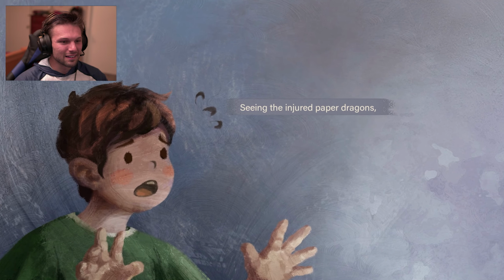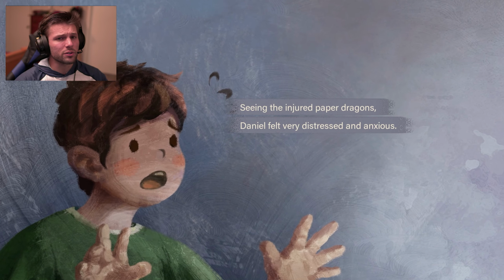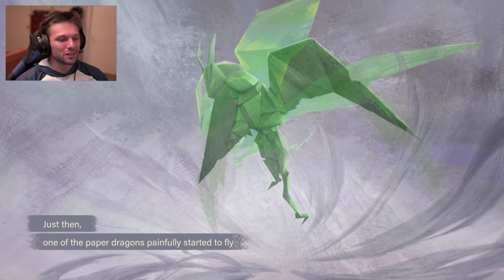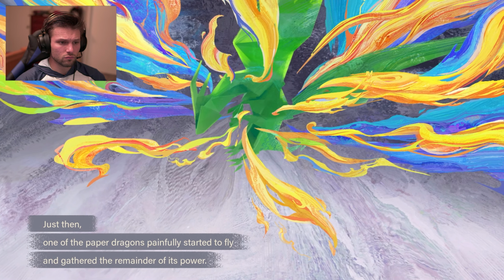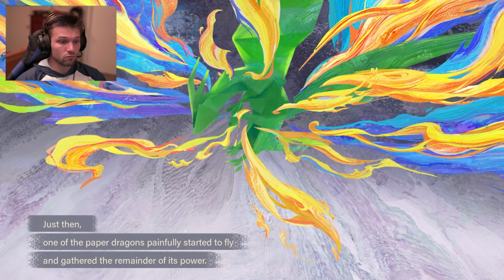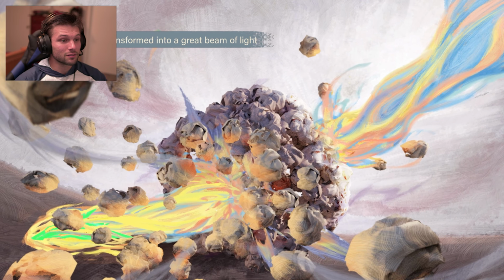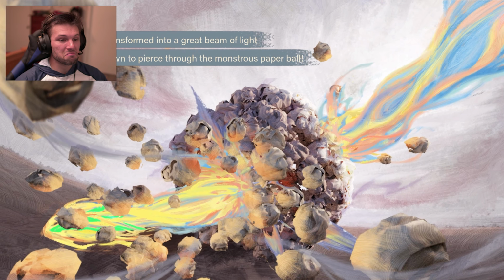Seeing the injured paper dragons, Daniel felt very distressed. Yes, as one would. One would most certainly be distressed and anxious. Just then, one of the paper dragons painfully started to fly and gathered the remainder of its power. The paper dragon transformed into a great beam of light and dove straight down to pierce through the monstrous paper